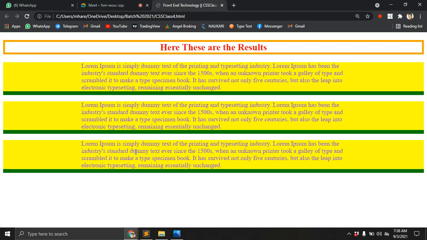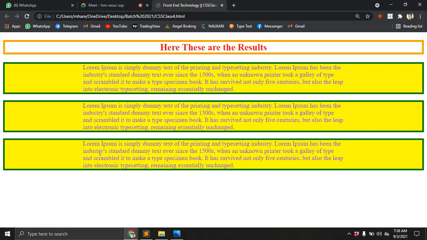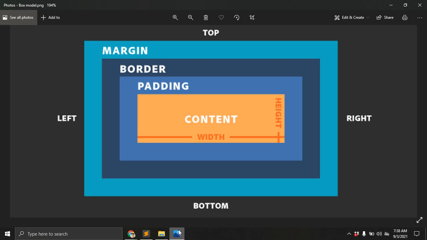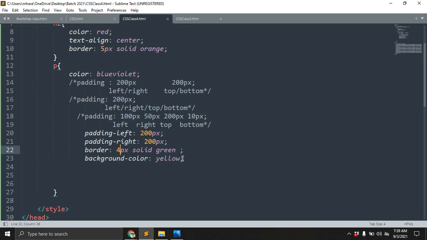Save, refresh. Okay, the entire thing is there, right? I'm giving the color, so that's why you need to understand this one. If we didn't give the color, you wouldn't understand that. What is the margin here? Here you can see the margin is before the border. Whatever you want to give, it is beside the border. I just need to give margin here.